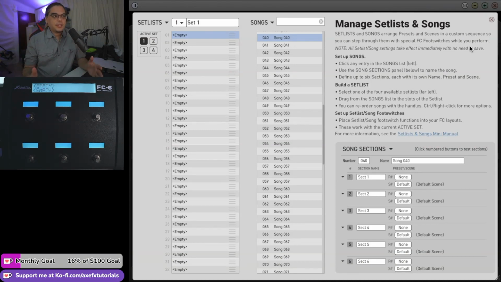Now for most of this video, we're going to use Axe Edit. It's just the easiest to kind of show in a video, but towards the end, I will show a few things on the front panel. Now you can do everything you need to from the front panel as with everything else, but it's a little easier to use Edit, especially if you're going to be typing names of songs and names of sets and things